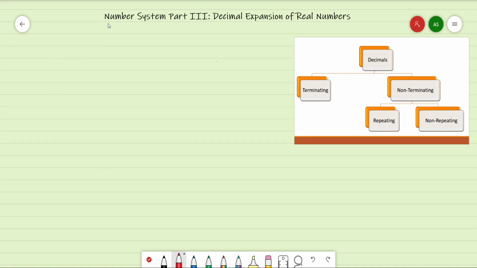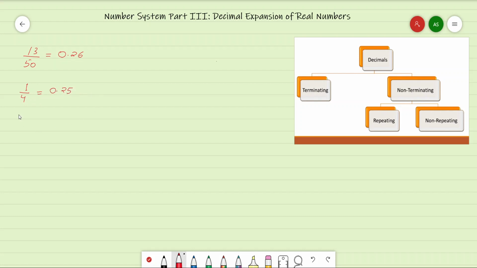Today in this part we are going to talk about decimal expansions of real numbers. We all know that there are several types of decimal numbers. Let us take an example. For example, if I take a number say 13 by 50, and calculate its decimal form, we get the decimal form of this number as 0.26. Same way, if I take 1 by 4, the answer will come as